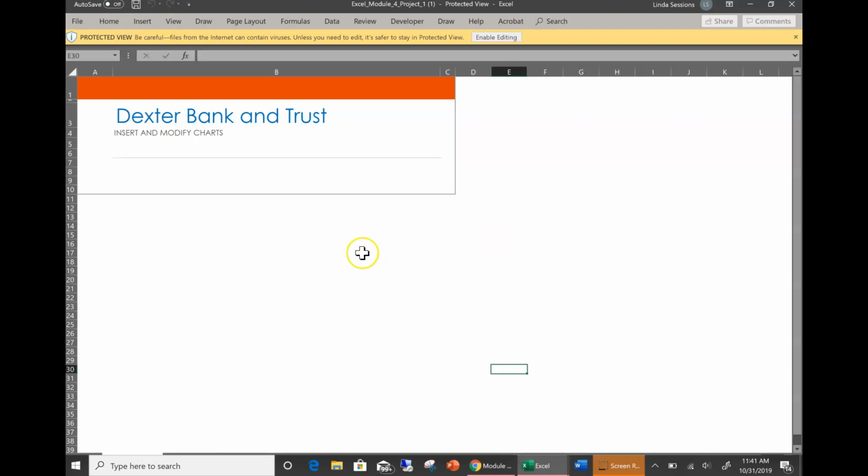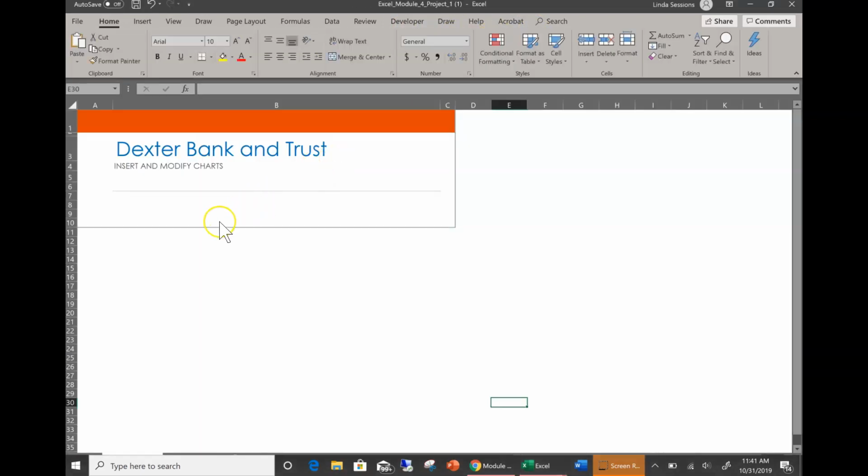And the first thing I need to do is come up here. I've got my yellow protected view on. I need to enable editing. I have my documentation spreadsheet here. And now I need to open up